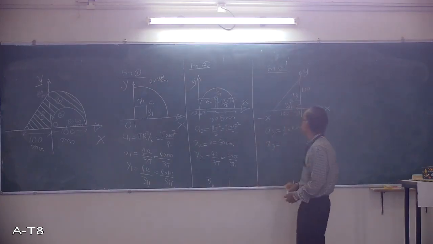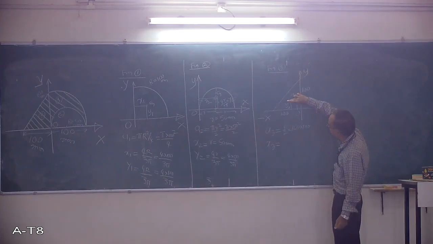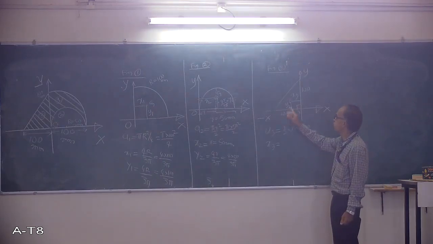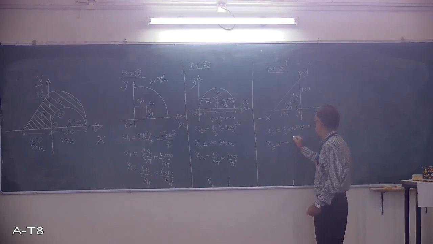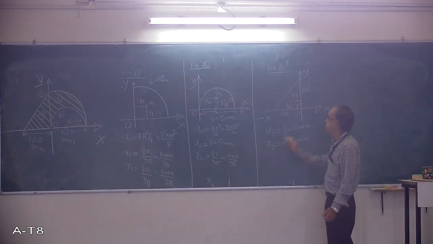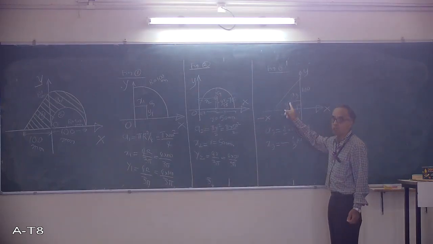x3, look here, I told you, the origin point is here. From the origin you have to measure, the centroid is here. From here it is 1/3, from the tip it is 2/3. 1/3 of 100 with a negative sign. Why? Because it is on the left side of the x-axis. So minus 1/3 of 100. This minus sign is very important. I told you in the figure, left side of the x-axis you have to write the minus sign. And why 1/3 of 100? Because from here it is 1/3, from here it is 2/3.